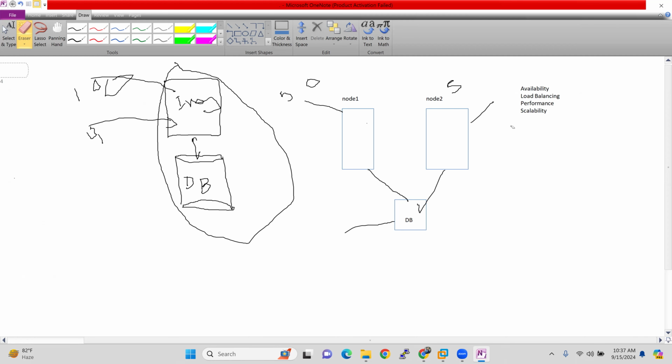Here we have multiple machines connecting to the single database with the same configuration. What's happening here? It will definitely perform fastly because we have fewer sessions on each node, but we have the same configuration like RAM, CPU and everything. Definitely you will pay more